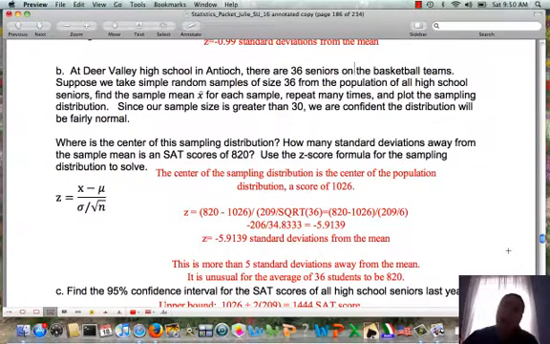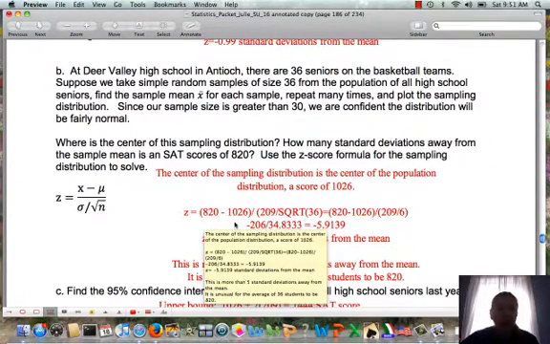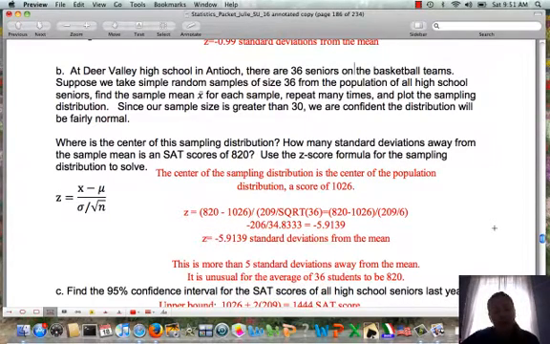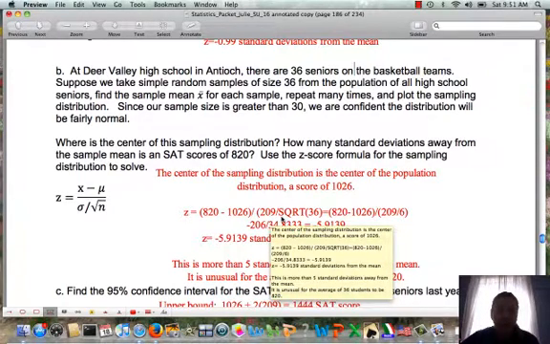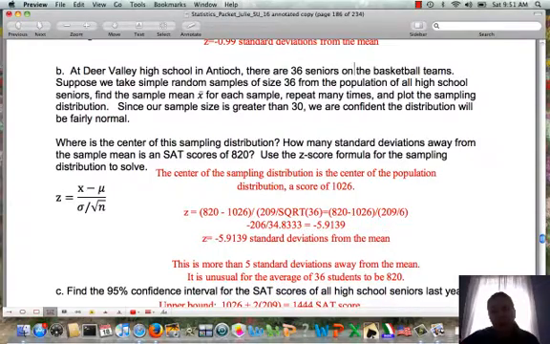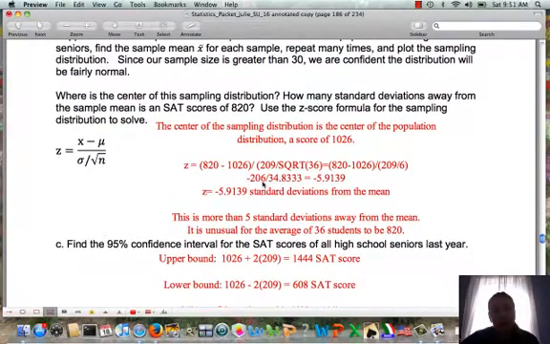This is saying all 36 students, when we average their scores, the mean score would be 820, not just one student. Following the z-score formula, because we're working with 36 scores, we're going to take our standard deviation and divide it by the square root of 36, which is 6. In our numerator, we're still calculating 820 subtract 1026, and then we're dividing by the standard deviation 209 divided by the square root of 36. That will work out to be 209 divided by 6,